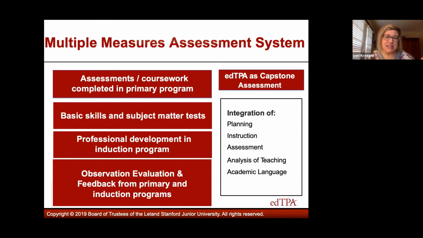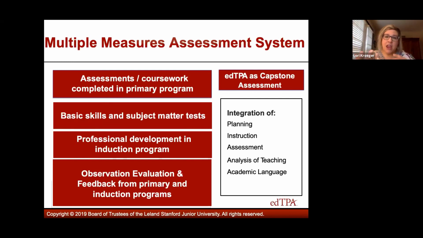So things like assessments and coursework completed as part of a primary program. Basic skills and subject matter tests are part of this system. The professional development that they receive from your induction programs. And then observation, evaluations, and feedback from both their time in the classroom during their primary program, but also those observations and feedback they're receiving during their induction program.